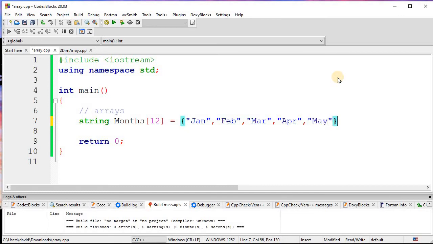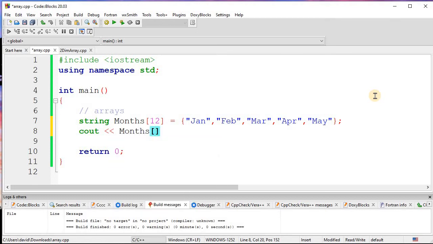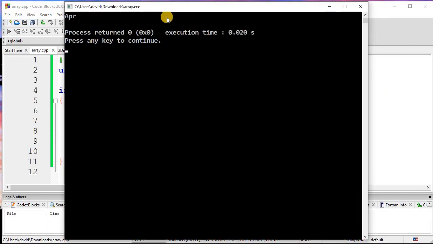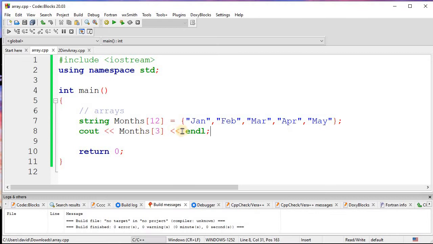Okay, I'm not going to finish it up. And so now, if I were to say cout months element 3, then that will output April. So now one thing, this is just my personal taste, is since you usually think of 3 as